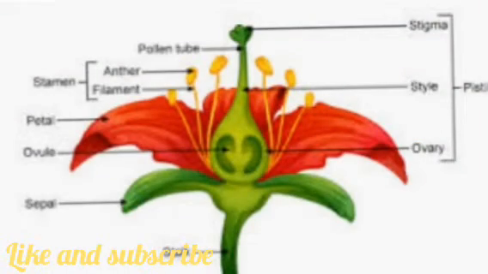So in our previous class we have learned how the plant is made up of different parts. That is, we have learned about the lower part, the stalk. After the stalk we can see the thalamus. After the thalamus we can see the calyx, the corolla, then the androecium and the gynoecium. And we have learned about the androecium.